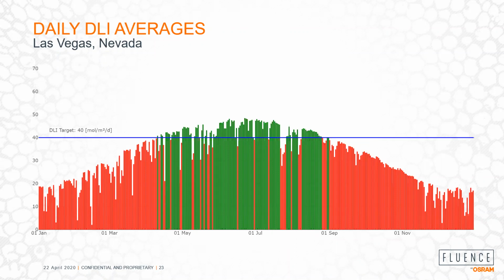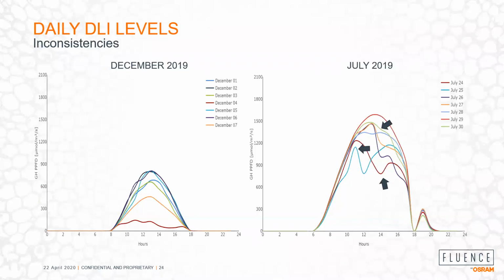So now what we need to do is break this down into a more granular level, right? Like I said, plants are not averaging by the end of the month. They are continuing to accumulate, right? So let's look at the daily light levels and consistencies. And this inconsistency is shown heavily when zoomed into each day, right? On the left, we have a week of obviously low light levels represented in December, right? But on the right, which is July, one of the best months of the year for light intensity, this graph